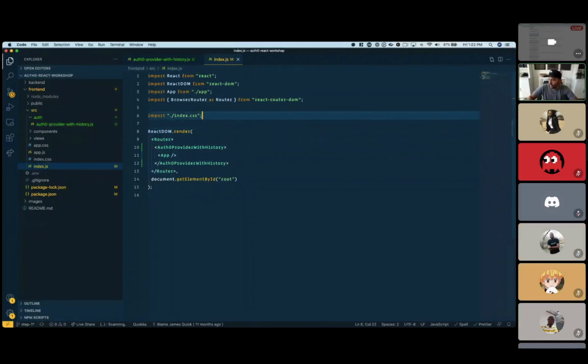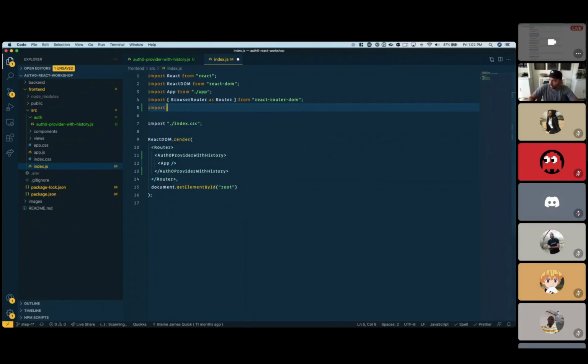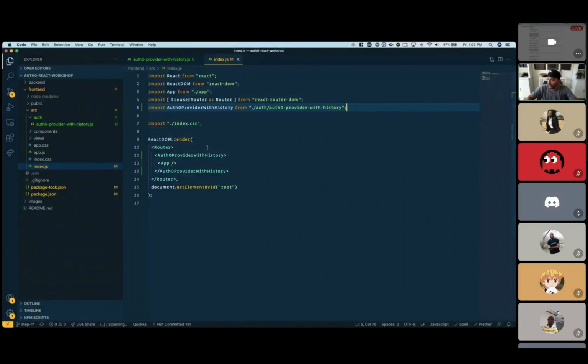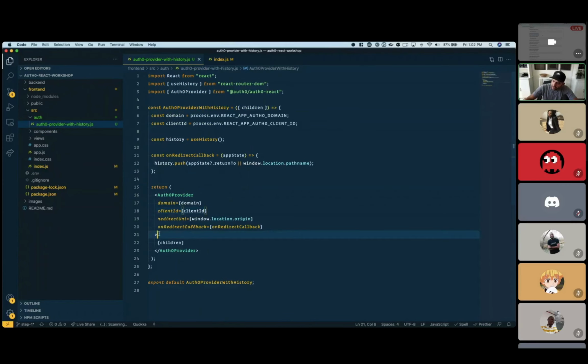We need to import this. Perfect. So again, this provider lives inside of our auth folder,